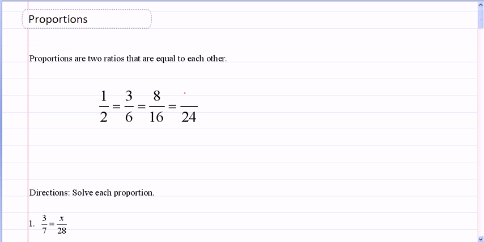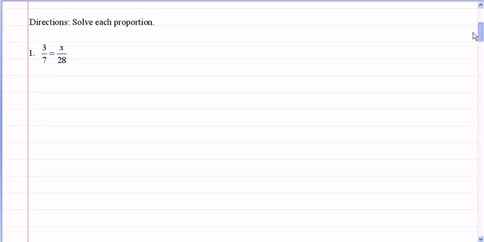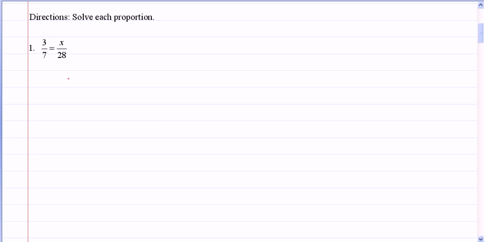So the missing number on this last fraction must be 12. 12 over 24 is also equal to 1/2. So when you have two fractions that are equal to each other, it's called a proportion. And if I rewrite number 1, 3/7 equals x over 28, the way to solve a proportion is to use